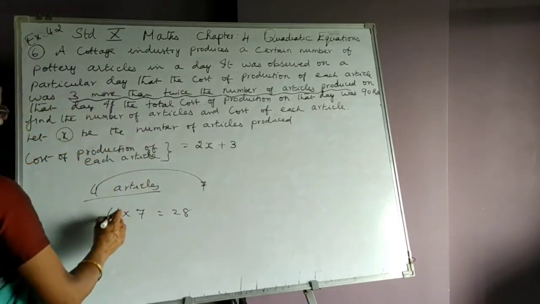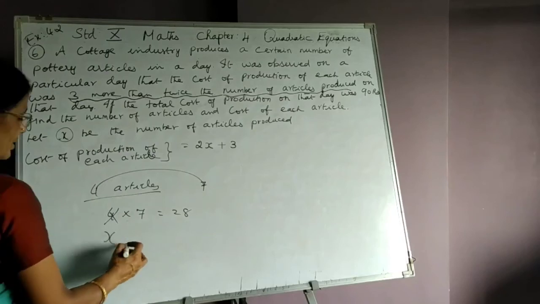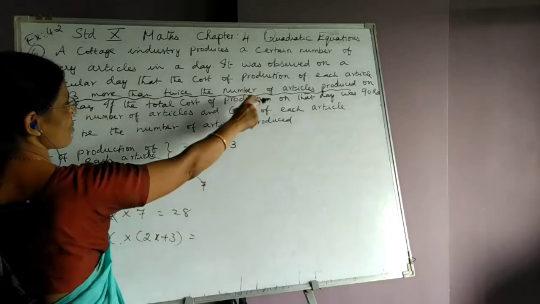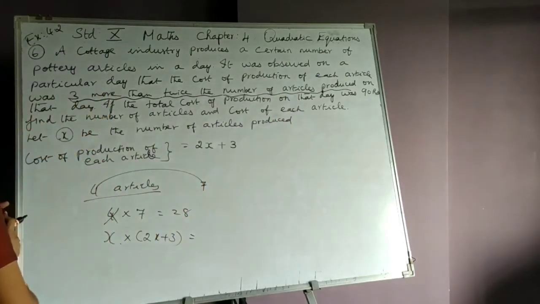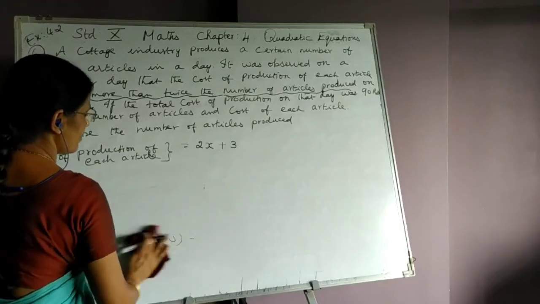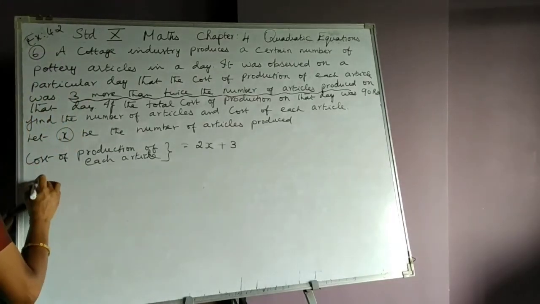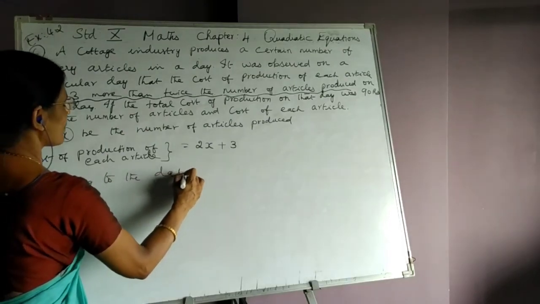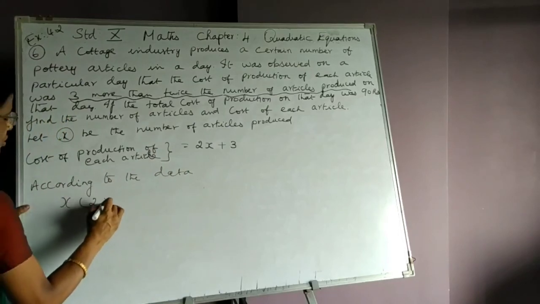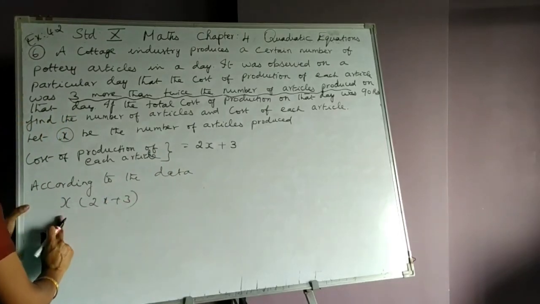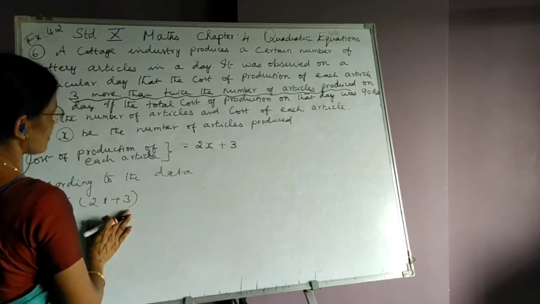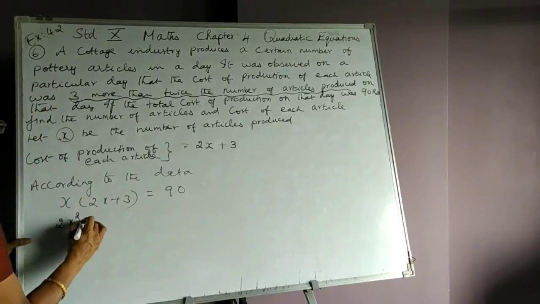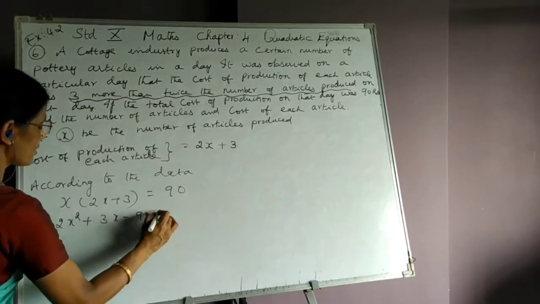So here the number of articles produced is x. The cost of production of each article is 2x plus 3. The expense on that particular day is equal to 90 rupees. Therefore, we multiply x with 2x plus 3. So according to the data, x into 2x plus 3, that is number of articles into the cost of production per article, is equal to 90. So multiplying, we get 2x squared plus 3x minus 90